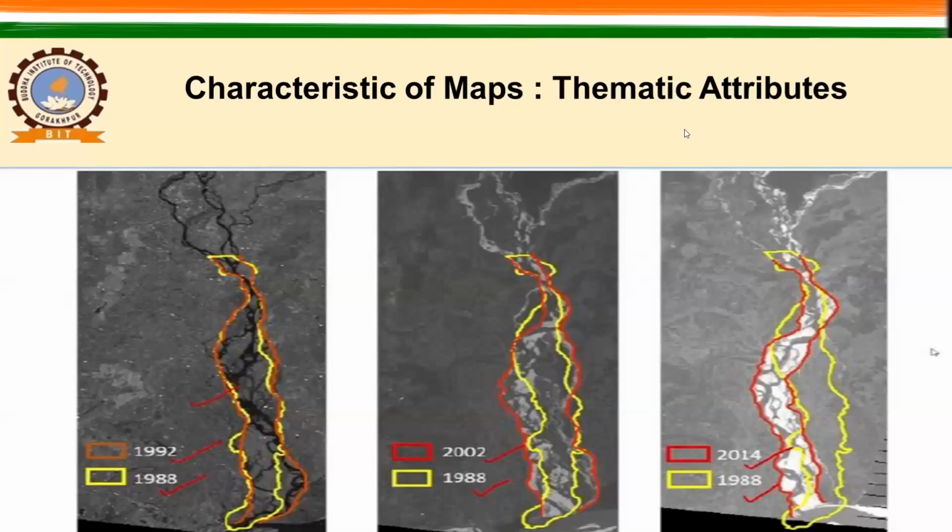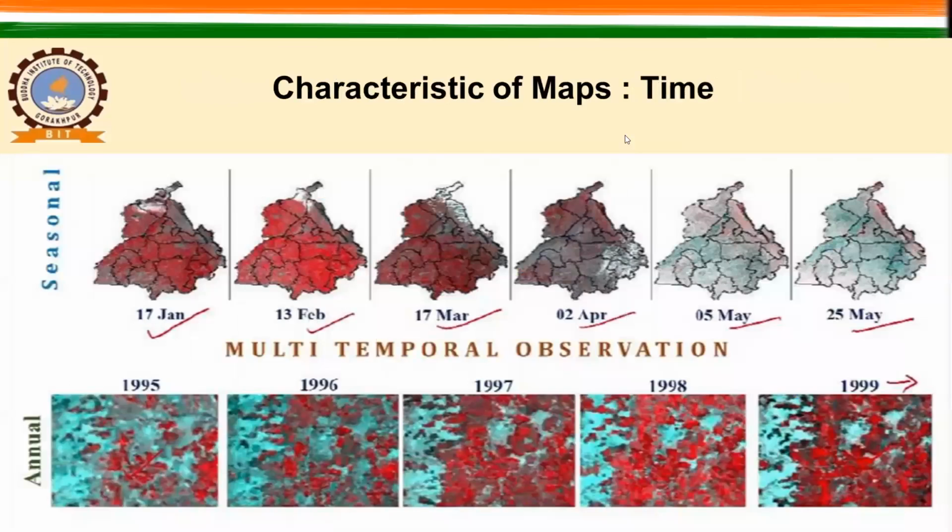Now the next important parameter in your map is the time, right? So let us see this one at January. Okay, January, Feb, March, April, May, and this is also of the May, right? So how this area is getting changed. So the seasonal behavior is also very important when you are involved in agriculture, forestry, or water related problems.